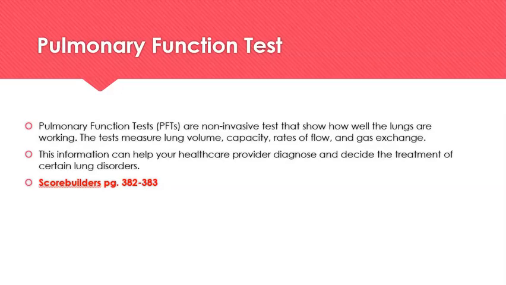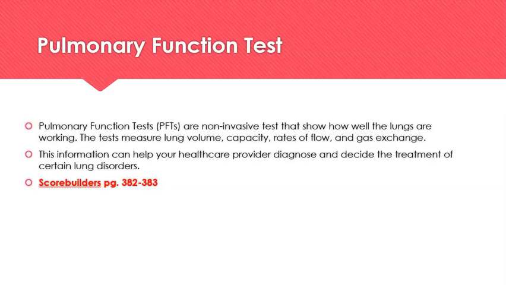Also, make sure you know respiratory rate, rhythm, and pattern. We've already talked about resting respiratory rates, but in this book for score builders it says 12 to 20. I know we previously discussed 12 to 18 for adults, but make sure you know that as well. And then also common breathing patterns, described on page 385, such as bradypnea,